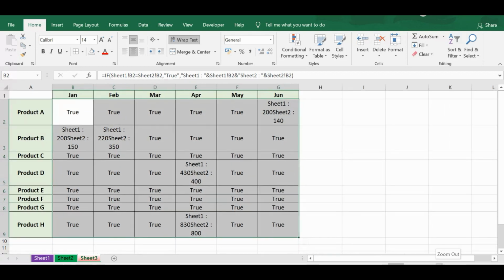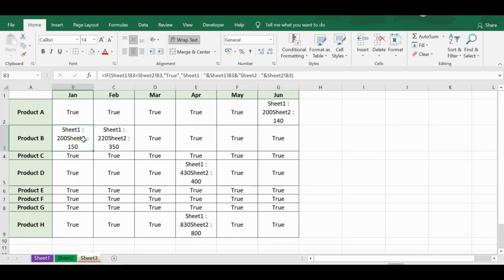and we can see here that on sheet 1 it is 200, sheet 2 it is 150, sheet 1 it is 220. So let's check one. In G2 we have sheet 1 200 and sheet 2 140.